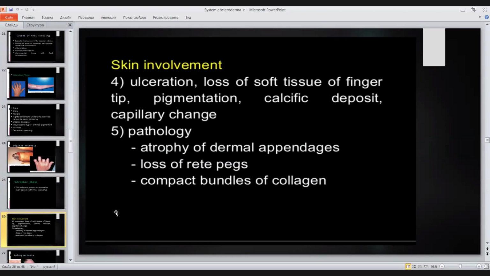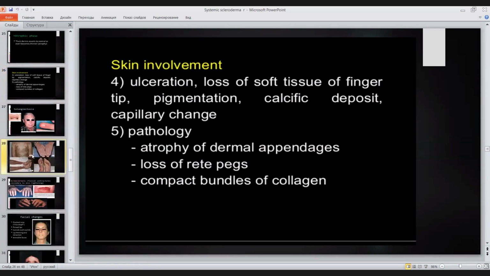Next, change of skin, which will be affected in the patient step by step. Except this, you can find ulceration. Why will there be ulceration? Because of atrophy, because of long-term ischemia. Pigmentation: there will be a dysfunction of the melanin due to abnormal working of the different functions of tissue. It means in skin there will be depigmentation or hyperpigmentation. And I want to show this picture.